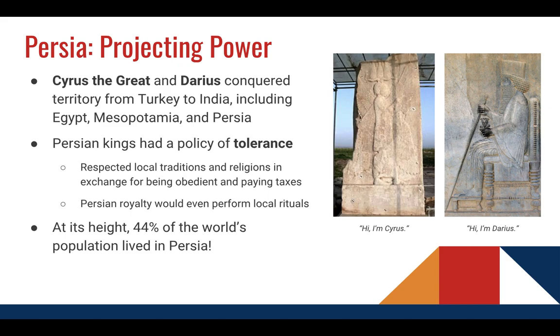And this was important because at the time Darius is around, in the height of the Persian Empire, about 44% of the entire world's population lived in the Persian Empire. It is still to this day the world's largest empire if we think about it in terms of percentage of the world's population. No other empire comes close. About 4 in 10 people in the world lived here in 500 BCE.